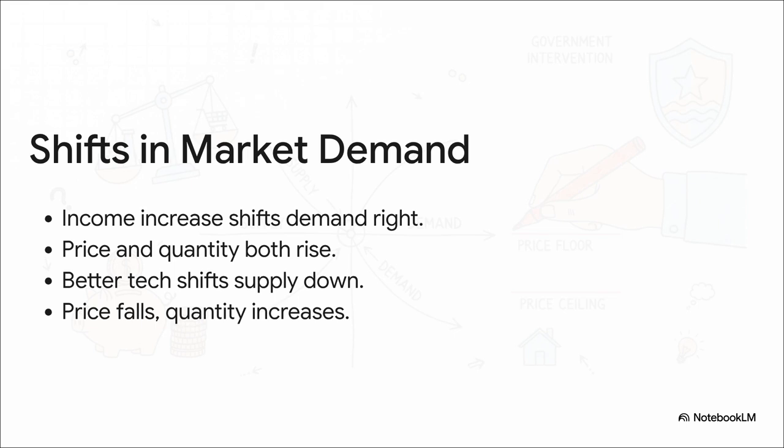Real-world variables instantly alter that balance. Let's take the market for fresh curd as an example. If consumers suddenly get a raise at work, meaning a general increase in income, their demand physically shifts higher. People want to buy more, so the price naturally goes up. But what if the producer buys better, more efficient machinery? Suddenly, the cost of extracting that curd drops, supply shifts, and the price you pay actually falls, while the total amount available goes up. It's a constant tug-of-war.